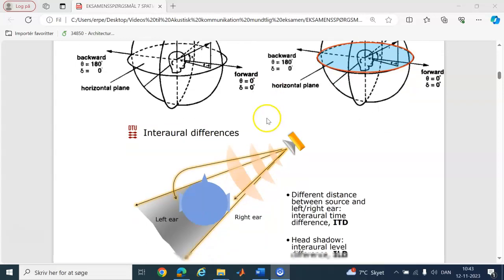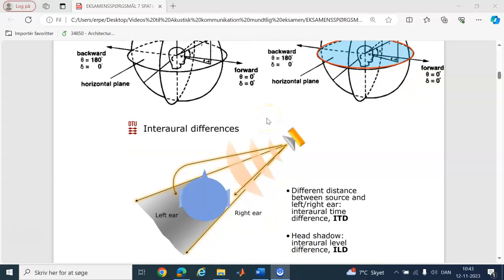On this graph, the sound will come to the right ear first, and then the left ear. It's best for small wavelengths. The difference is best for